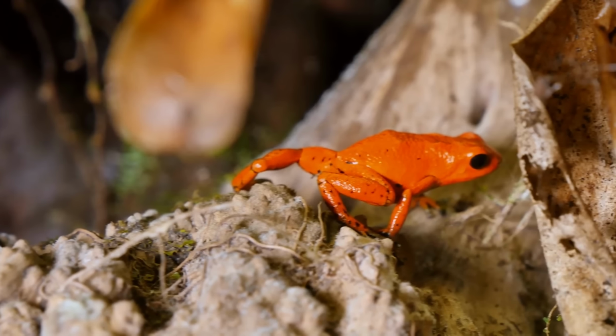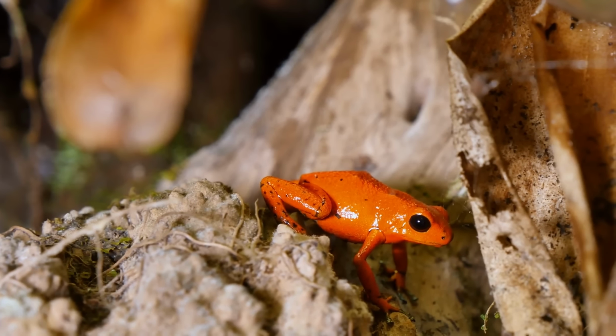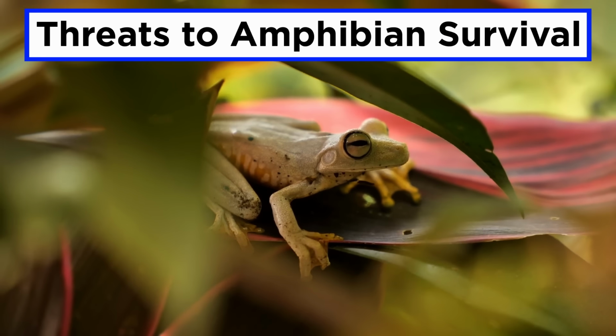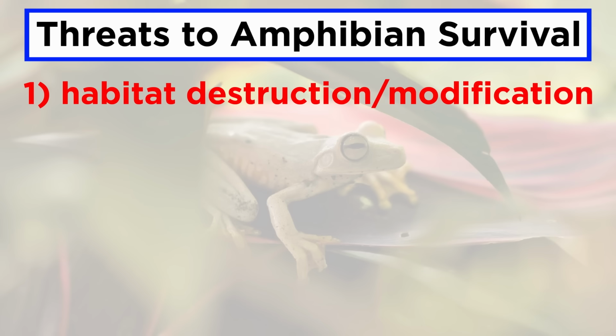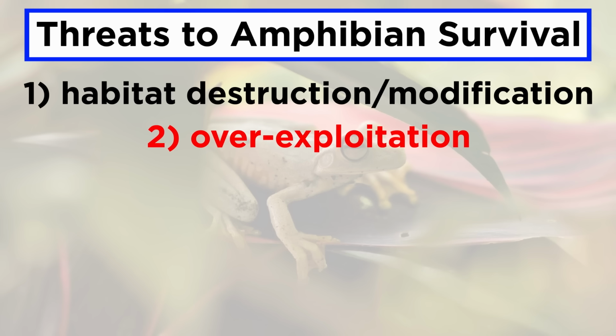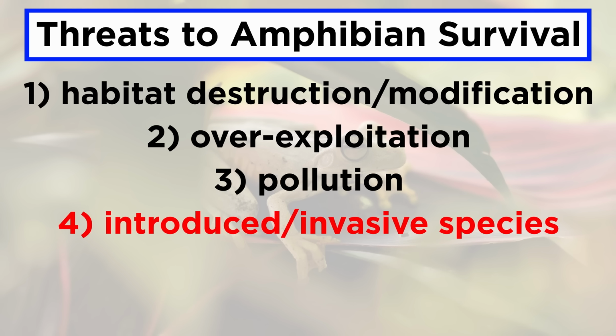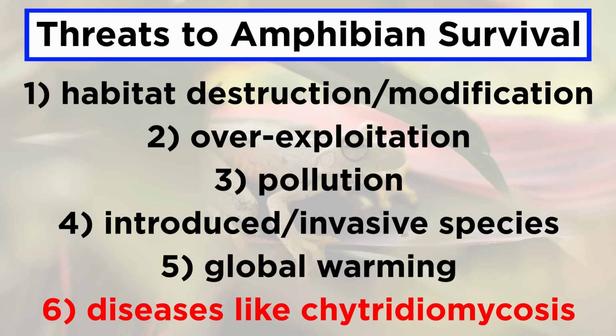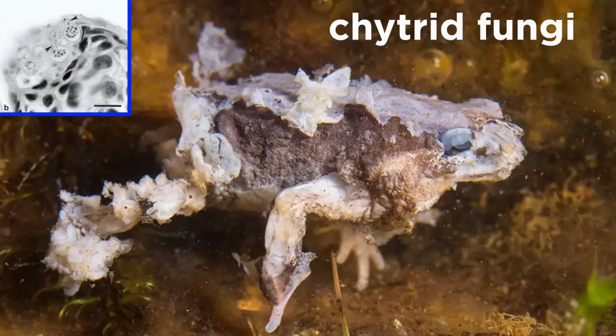In terms of conservation, more than a third of amphibians are currently threatened with extinction. Their global decline has been recognized since the 1980s, when the extinct golden toad went from one of the most common species to completely extinct in a matter of years. There are a number of threats that contribute to their decline, such as habitat destruction and modification, overexploitation, pollution, introduced and invasive species, global warming, and especially diseases like chytridiomycosis, which is caused by several species of chytrid fungi that